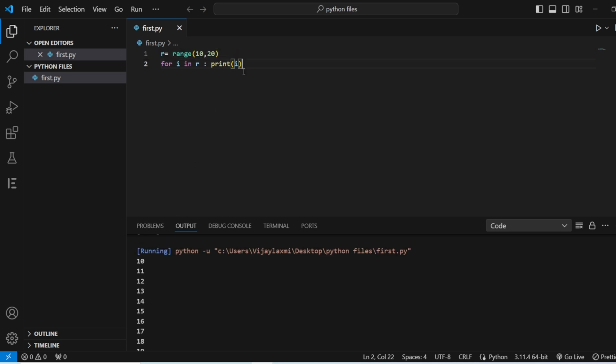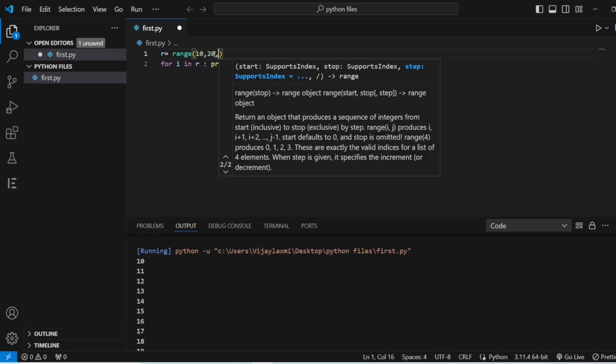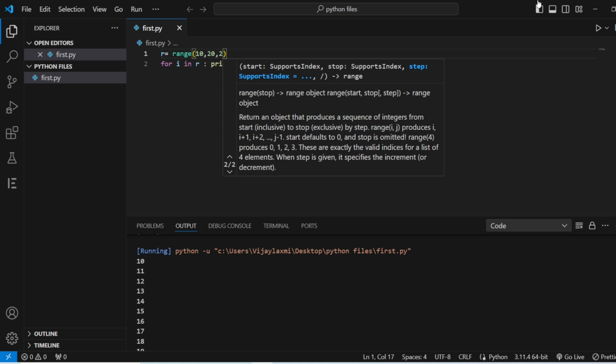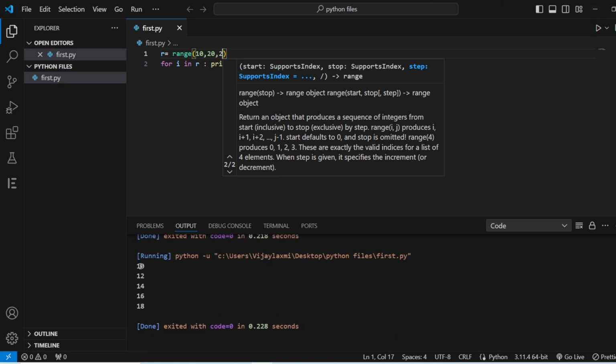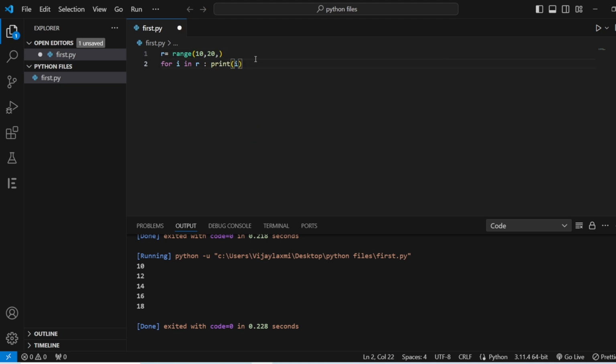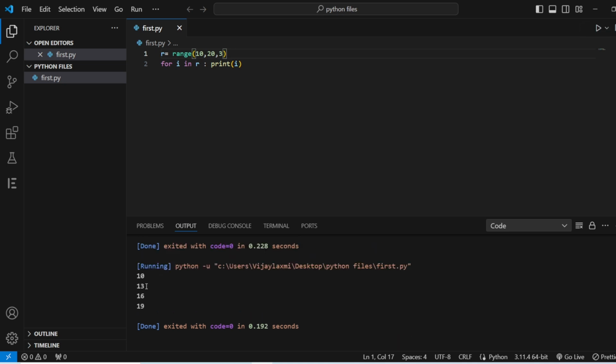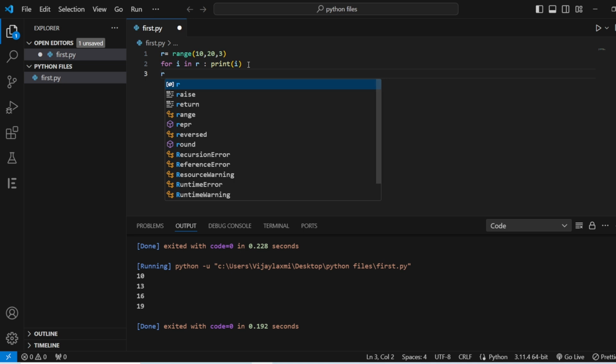So again, for the third form of the range, you just have to give a comma, and I'm going to give a 2 here. So let us run this. Now you can see it is going to give you 10, 12, 14, 16 and 18. If you're going to take 3 in the same, save it and run. So as I told you, 10, 13, 16 and 19 will be the output. So this is with the increment. And now if you want to check whether that particular thing comes in a particular range, you are going to give r of